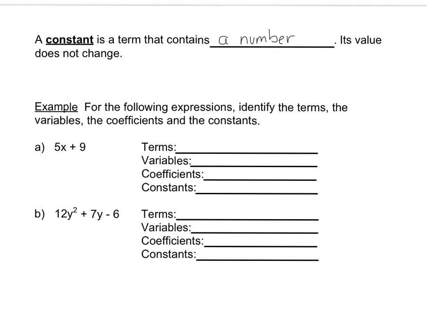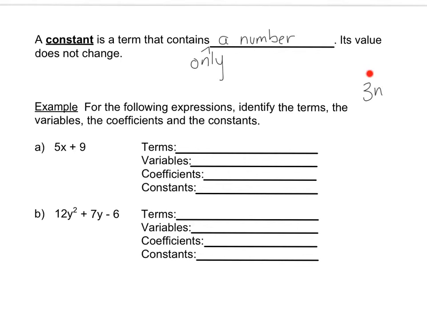Okay, and this is only a number. Its value does not change because a constant, the number 2, will always be 2, no matter what it is that you say. The number 3 will always be the number 3, no matter what. Now, for example, if I were to write 3n,